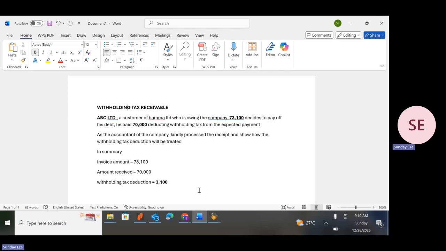Hello guys, we'll be looking at the topic known as withholding tax receivable. I have already explained in my previous lecture everything you need to know about withholding tax. But in this particular section, what we want to do is a practical application of withholding tax